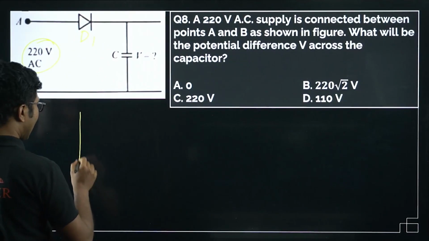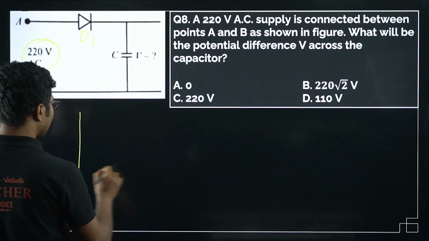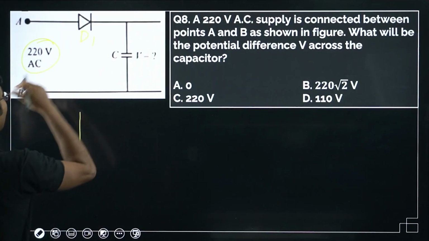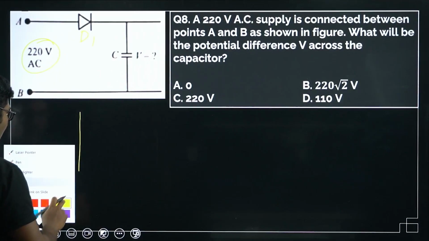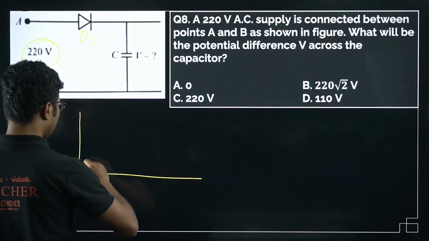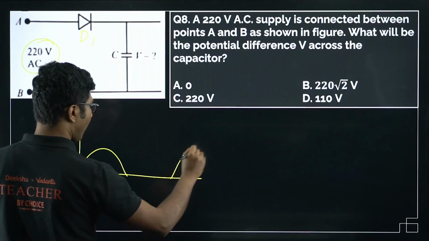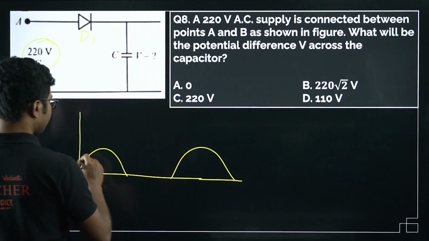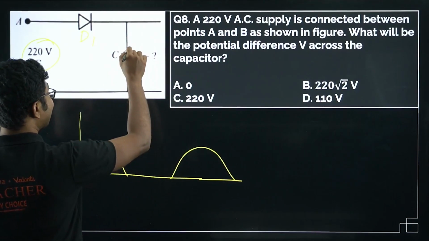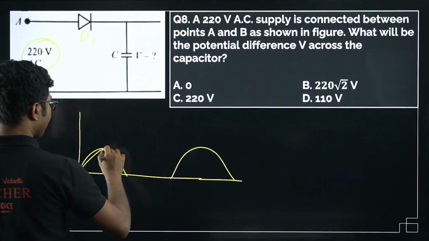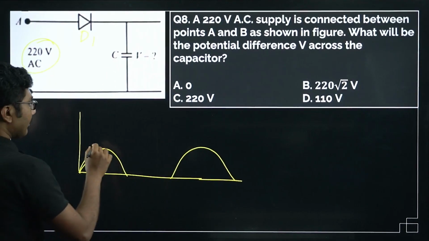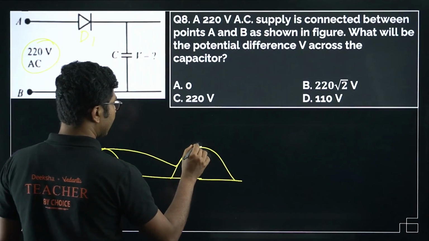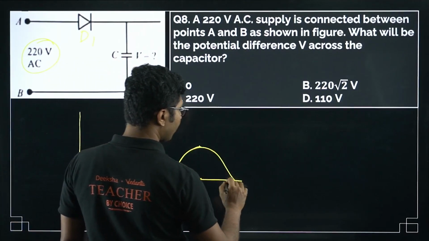Now if you assume that the diode is ideal, so no drop is happening across the diode, what will be the output? This is only a single phase diode, only one diode is there, so it will be like this. The maximum value, the capacitor will charge up to this point. Then it will start discharging, and then again it will charge again. So this is the function of the